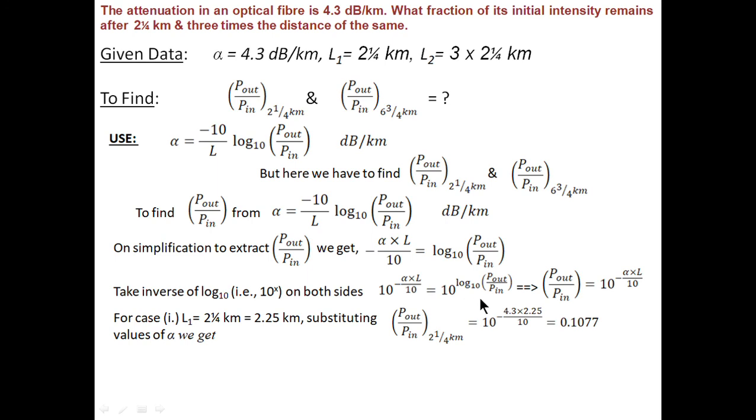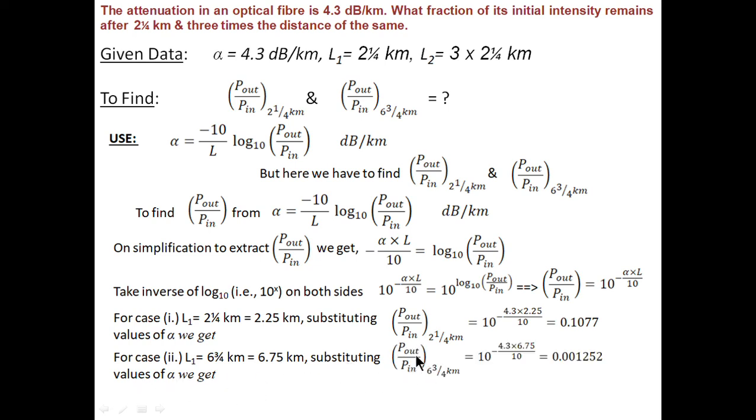For 3 times the distance of 2/4 kilometer, which is 6/3/4, that is 6.75 kilometer, make it a decimal value so it will be easy. Substituting the values, we get P output by P input for 6/3/4 kilometer, which is 3 times this distance, as 10 power minus 4.3, which is alpha, into 6.75 by 10,